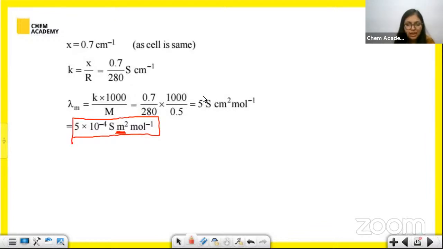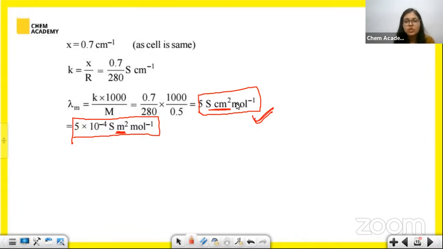Raj and Ayushi, the answer is coming out to be 5. See here, this is the answer. This is coming out to be 5 because here it is in centimeter square. You remember earlier we had converted it into centimeter. Now this is the answer, but we will have to change it into the form it has been given